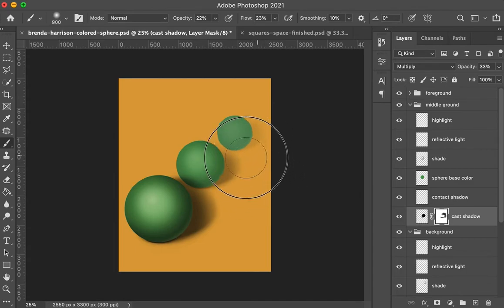And I'm just kind of going back and forth between a large and a smaller brush so that I can get it to look the way I want depending on my presets of my brush. Not bad. I've maybe gotten too much gone, so I can always